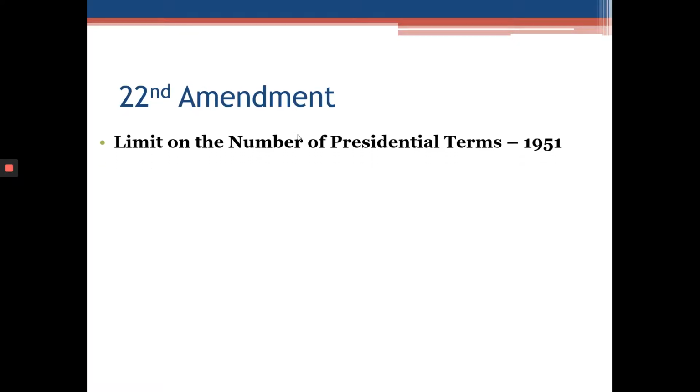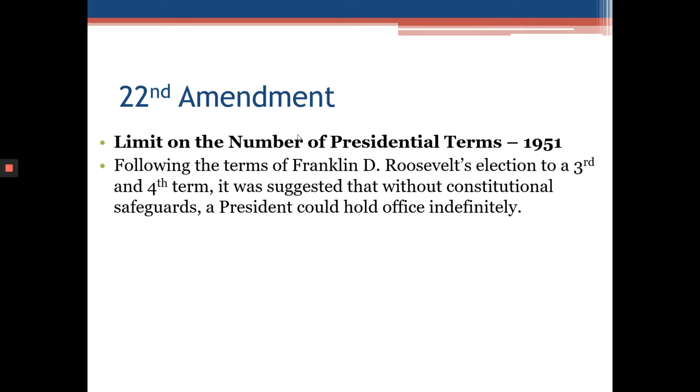22nd Amendment, the limitation on presidential terms, the limiting of a president to 2 terms as a result of Franklin Delano Roosevelt being elected to 4 terms. Even though he didn't finish out his 4th term due to his death, I mean, Truman finished it, but he was elected 4 times. This angered Republicans because it had broken the presidential precedent set by George Washington of only serving 2 terms. But Roosevelt was adamant about being president